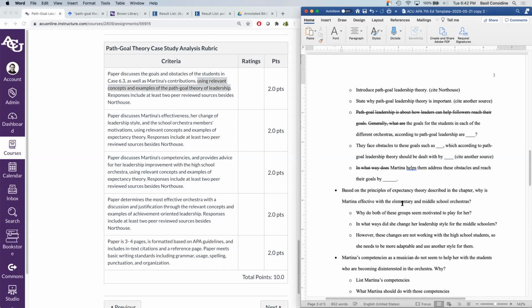So that means that when we're discussing these, we should include an explanation of that aspect of expectancy theory. It doesn't need to be, here's what the theory states, but what the relevant portions here. For example,